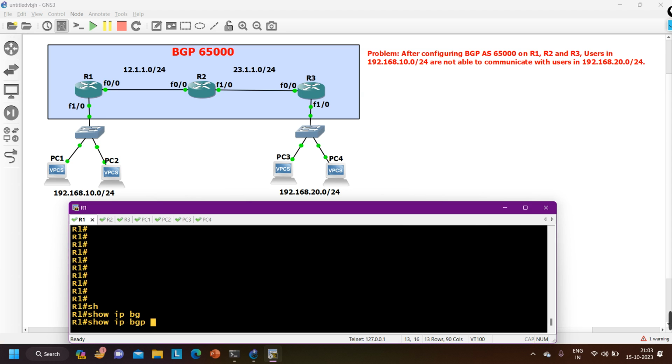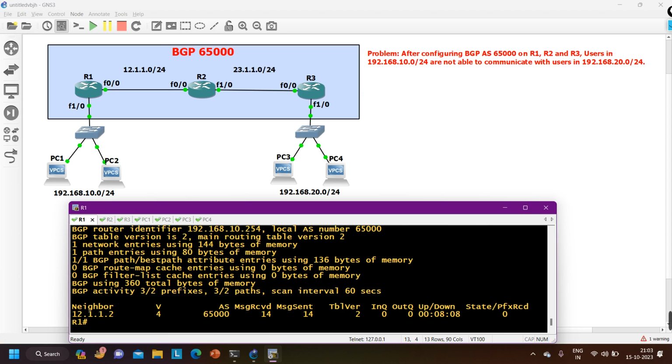So with the IP BGP summary command, I can identify the BGP neighbor. Yes, we have one neighbor, 12.1.1.2. Between router 1 and router 2 I am running the 12.1.1.0 network, and between router 2 and router 3 we are running the 23.1.1.0/24 network. This is the IP address of router 2. So neighbor 12.1.1.1, and the state is up, everything is working fine, we don't have any problem with